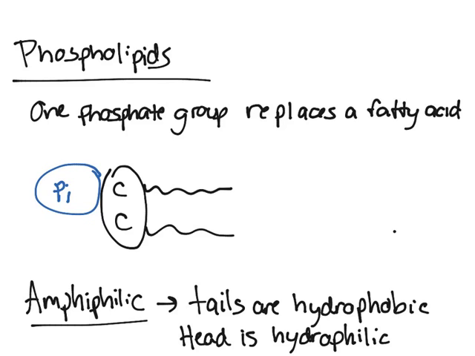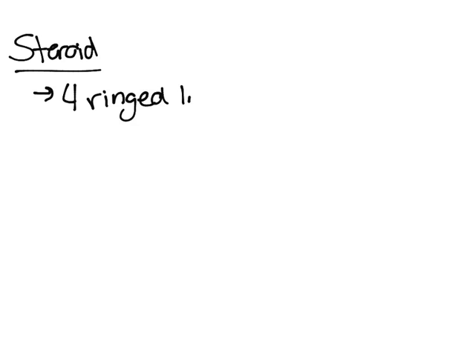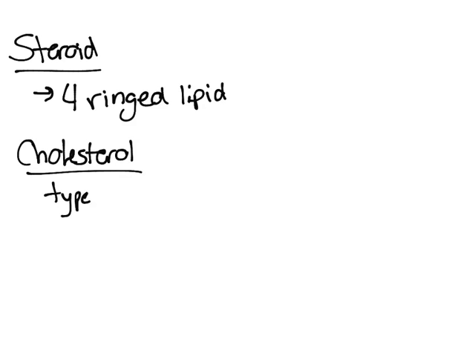And then finally let's talk about steroids and cholesterol. So steroids. So a steroid is a lipid with its carbon atoms arranged in 4 rings. So 4-ring lipid. And cholesterol is a type of steroid. Used to make other steroids,